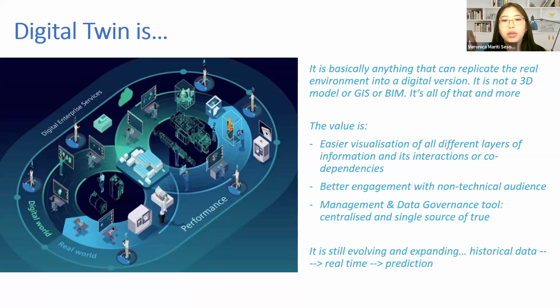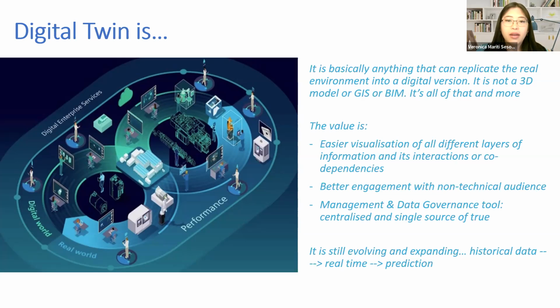It's about when you combine all of those, seeing and understanding the interactions and the codependencies of them, so you can get new insights. For example, if you're looking into a council, many times you are working in silos, so the planning departments might not work as close to transportation or air quality. Of course, they have some interactions, but you don't have all this information in the same place. So you miss opportunities to see how they interact with each other and how they're going to impact each other. That's the value of a digital twin at city scale, and I guess even in a building or other